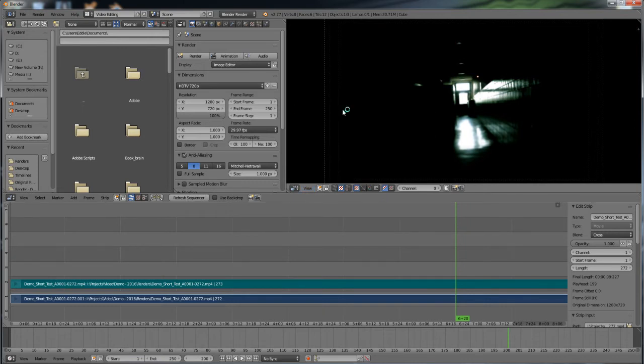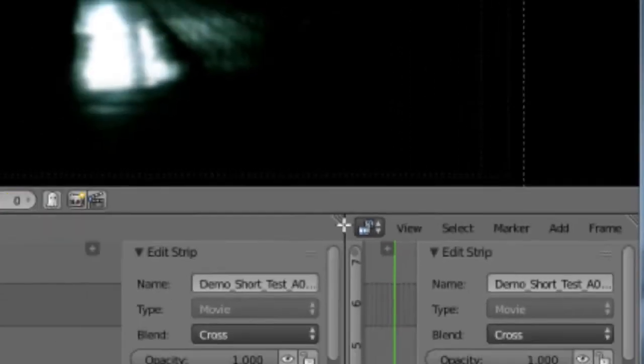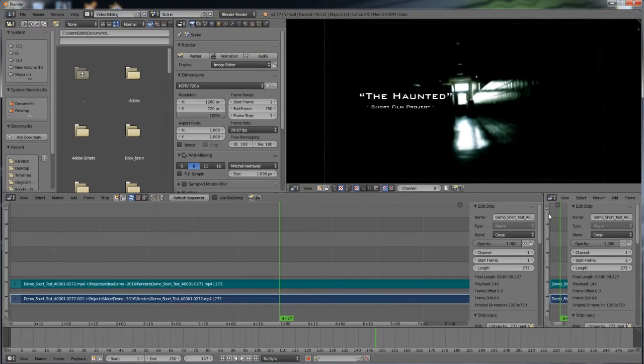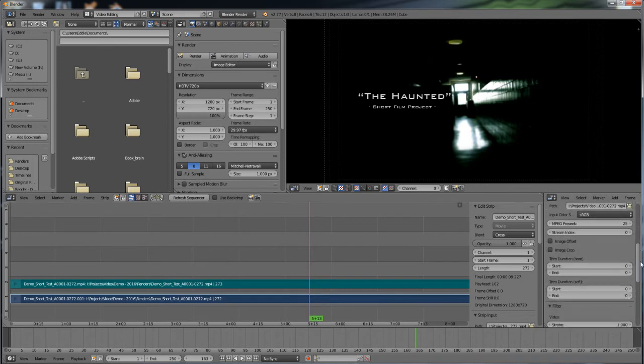Next thing I want to do, I'm going to open this widget. I'm going to slide it to the left. I'm going to close this little window right here, this little bar. I'm going to scroll down